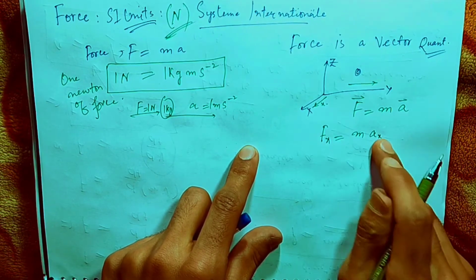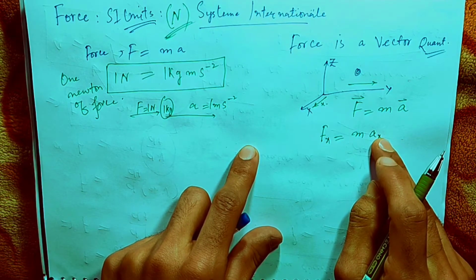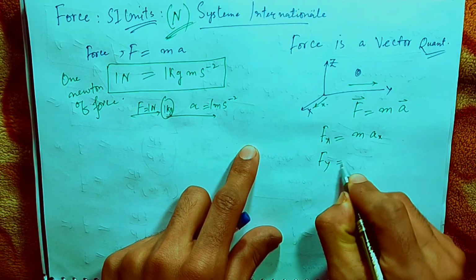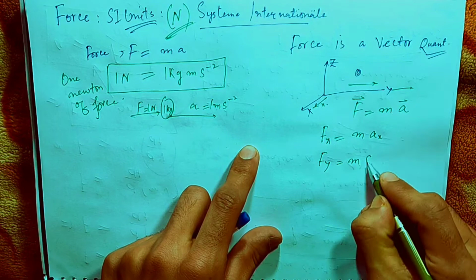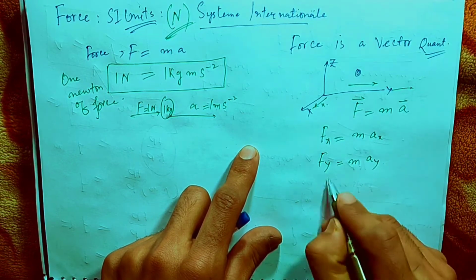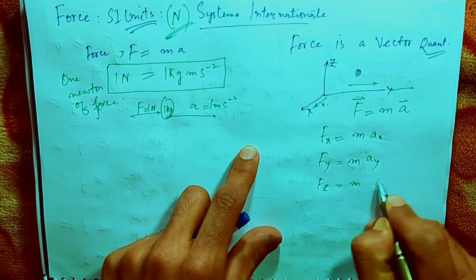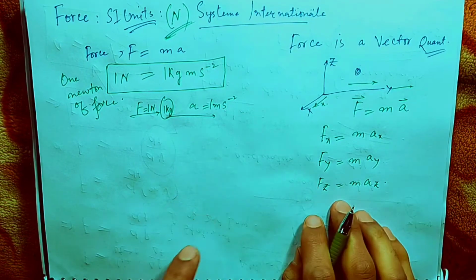So the acceleration along the x-axis. Similarly, force along the y-axis is given by mass times the acceleration caused in that direction. Similarly, the z-axis. And this means that,